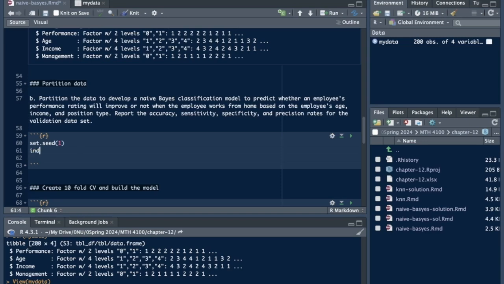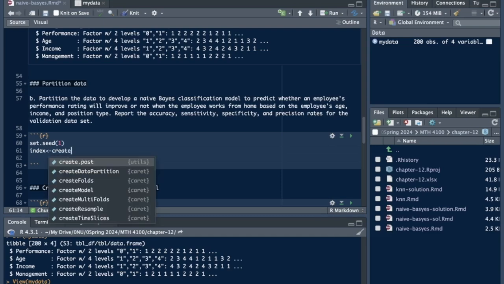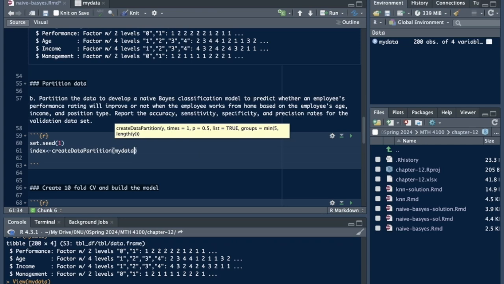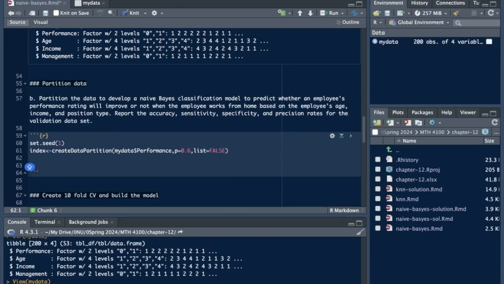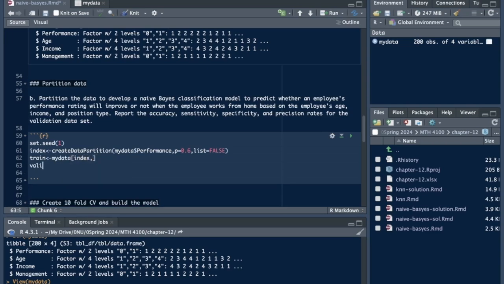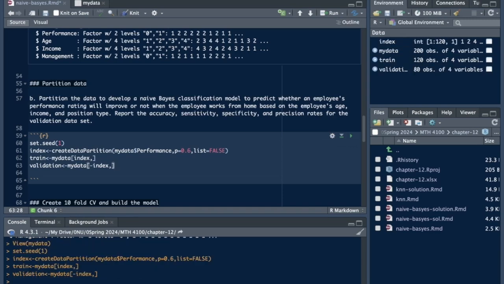So that's why I'm going to call it index as usual. I'm just repeating what we did in the previous createDataPartition. My data performance is the one that you do the partitioning on, 60% or 70%. List equals no. After that, create the training. Let me call it train: my data, index, and here validation: my data, negative index. So we make sure that you have 120 training data and we have 80 as